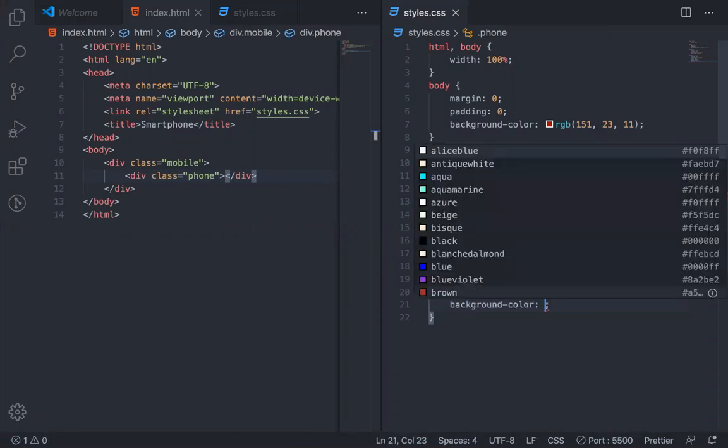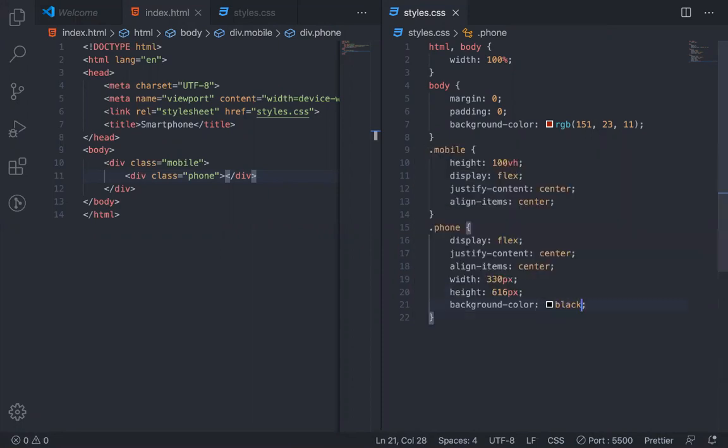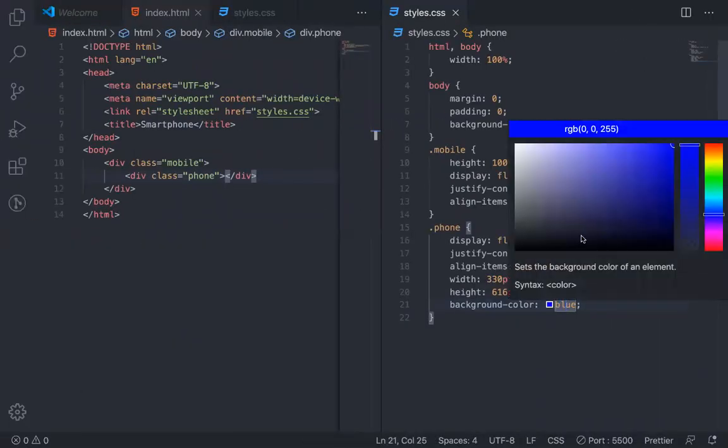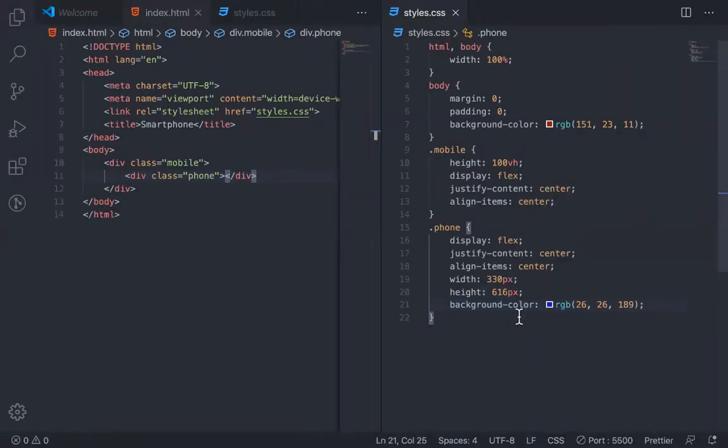Okay, so we have to give it a background. Let's say blue or black or something. So the issue was about the background color. So let me give it blue. You can choose a different variety of blues, something like that. You can give the border radius,